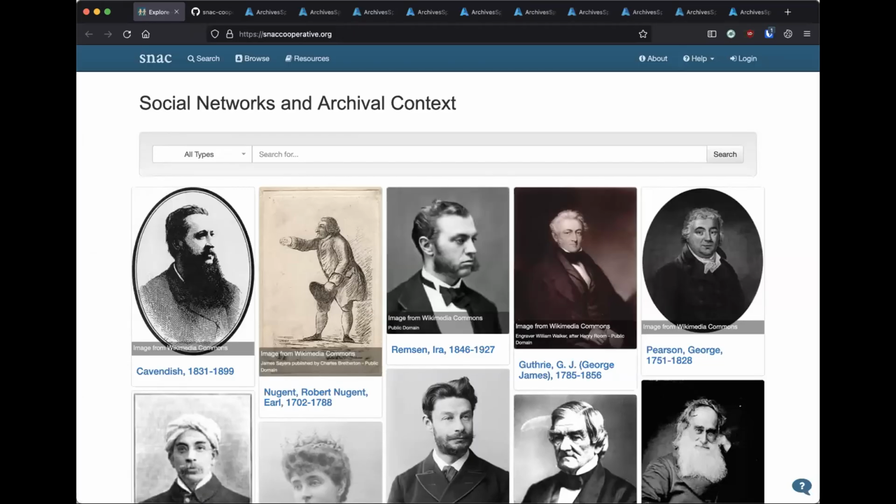Okay, yes, hello, my name is Jason Jordan, and I'm a software developer for the UVA library. And I work on and off with the SNAC cooperative, social networks and archival context. My most recent work here has been to integrate ASpace with SNAC via a plugin. So the plugin that I've developed over the last year or so,